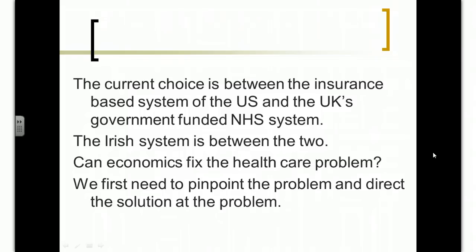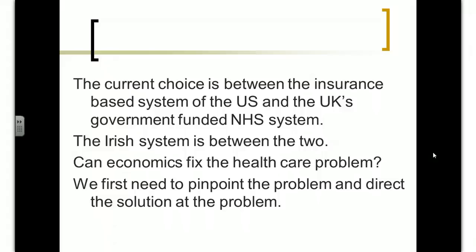In the US, the majority of healthcare is provided through insurance markets. People purchase private health insurance, and if they have healthcare needs, they go to what are called their HMO, their health maintenance organisation, who provide the health insurance. In the UK, if you require healthcare, you just go to the government. The government has set up a national health service, a system where healthcare is provided from cradle to grave, and all healthcare needs are funded by the state.